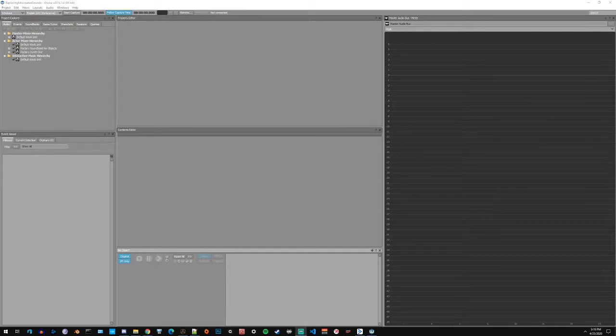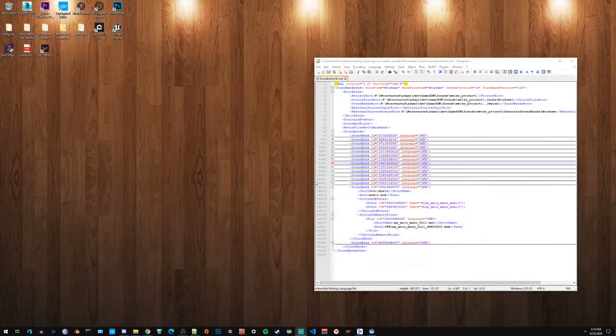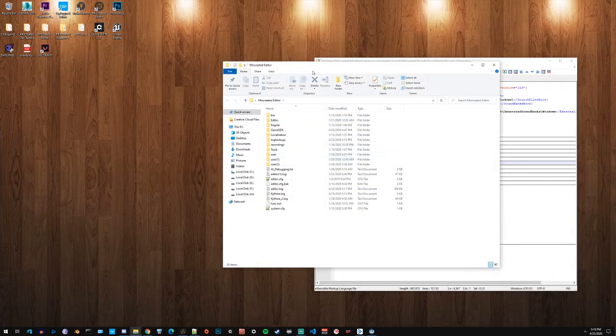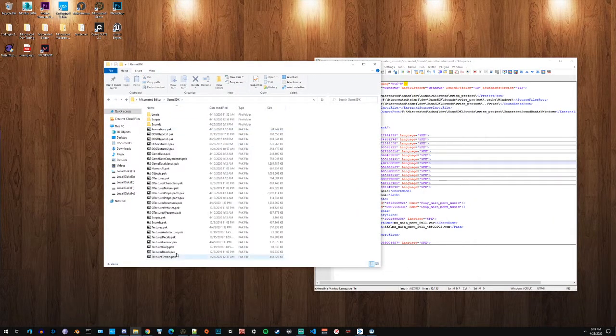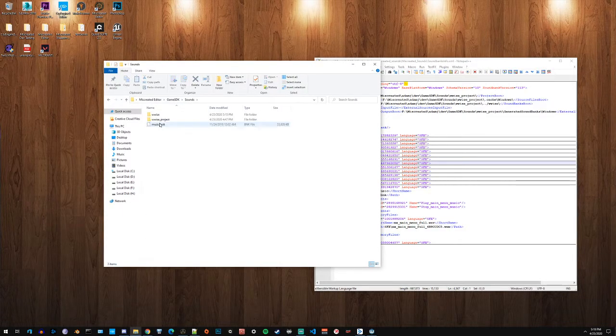Alright, this is a video showing how to replace sounds in Miscreated. Take note of that. You can only replace sounds, you cannot add sounds. The first thing that you need to do is, I'm doing all my testing in the editor. You need to go to the sounds pack and then extract it, because that's where all the sounds are for